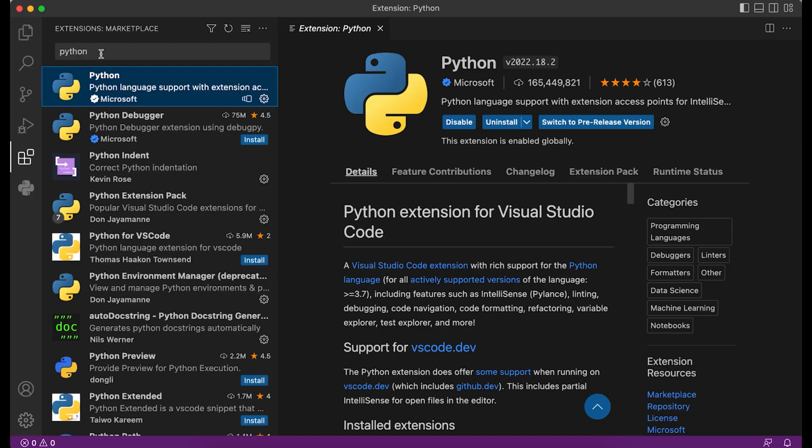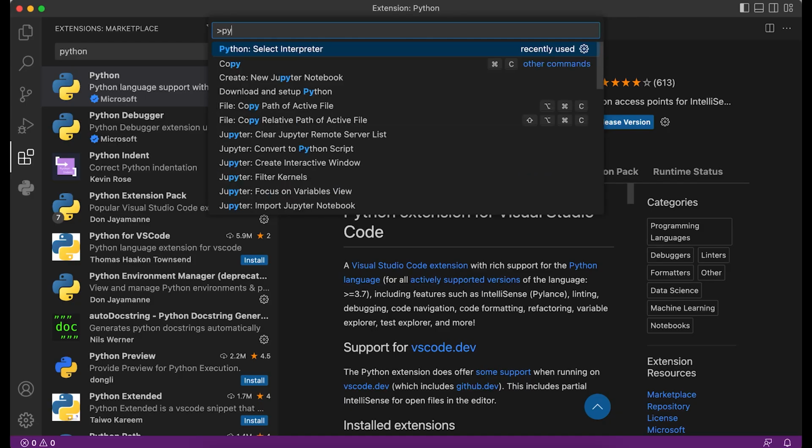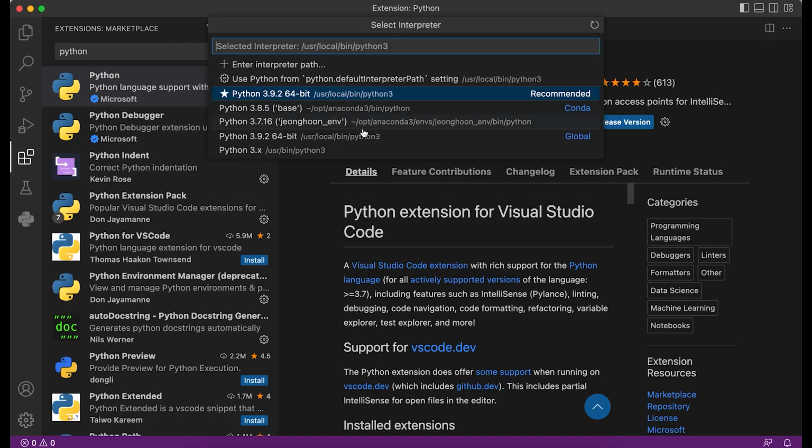And then you need to open the command palette. Using the shortcut, I'm using a Mac, so for me it's Command-Shift-P. You'll see here Python: Select Interpreter. If you don't see it in the list when you type, then just type in select interpreter. It'll pop up, and you click it. You'll see the list of Python versions. I also have a lot from different sources.